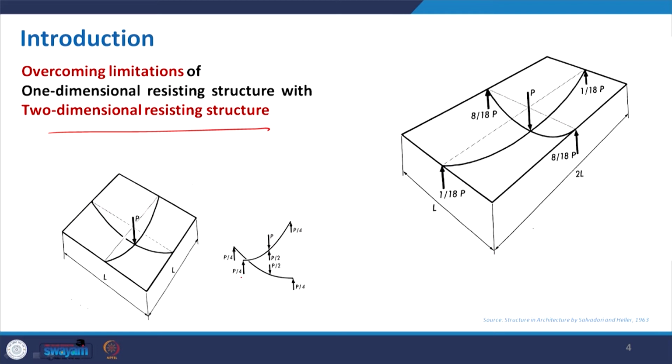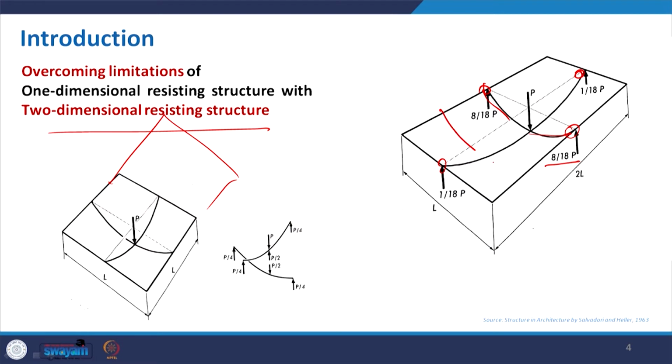So, the distribution of load in all cases is equal, P by 4, but the moment we make it rectangular, depending on the shorter side and the farther side, the load will be distributed in a different manner. Load will essentially be distributed to the shorter side. So, here you can see the 8 upon 18, this is the load that will be transmitted to this particular support, whereas it is less on the other.